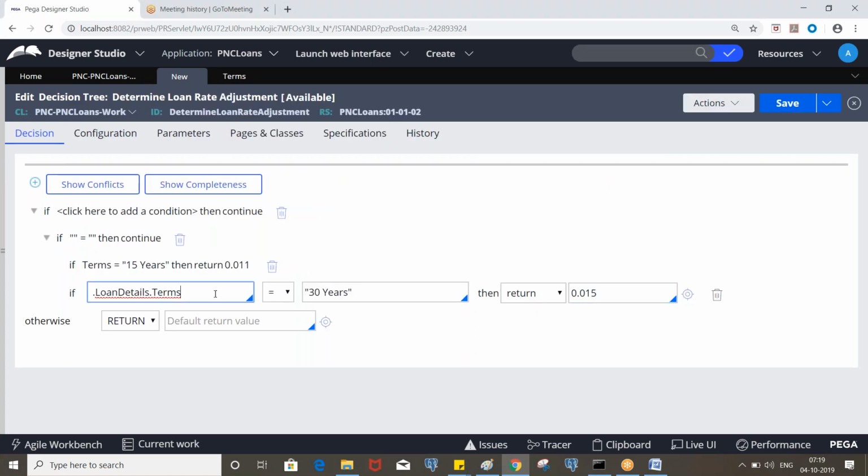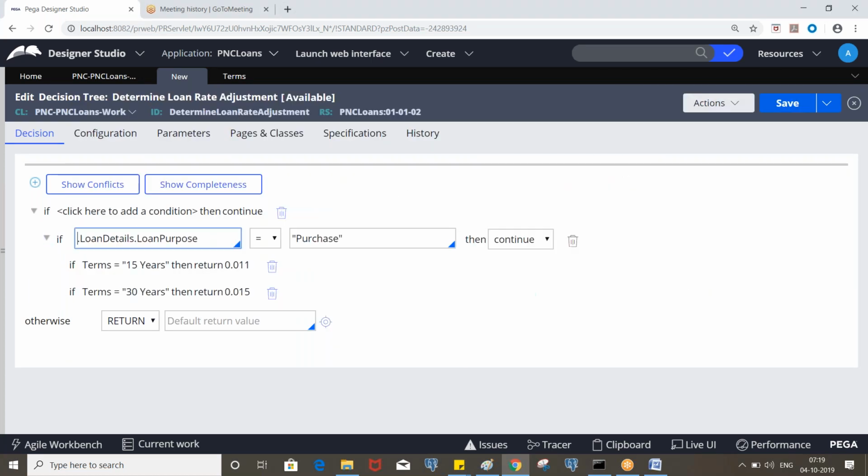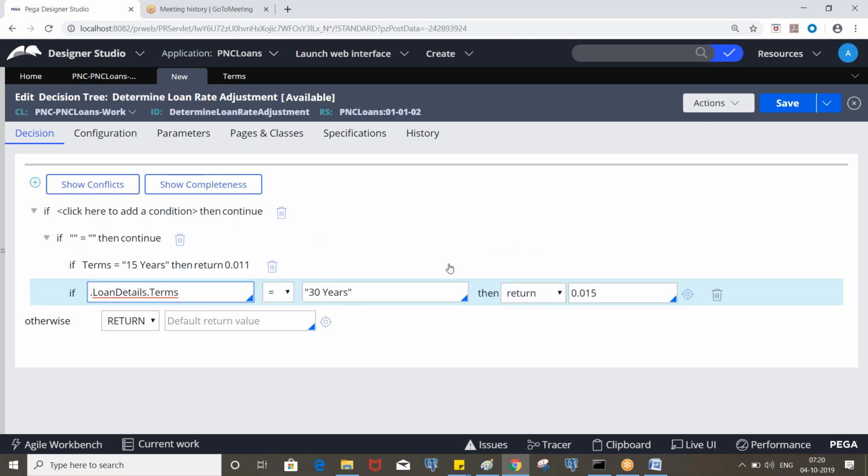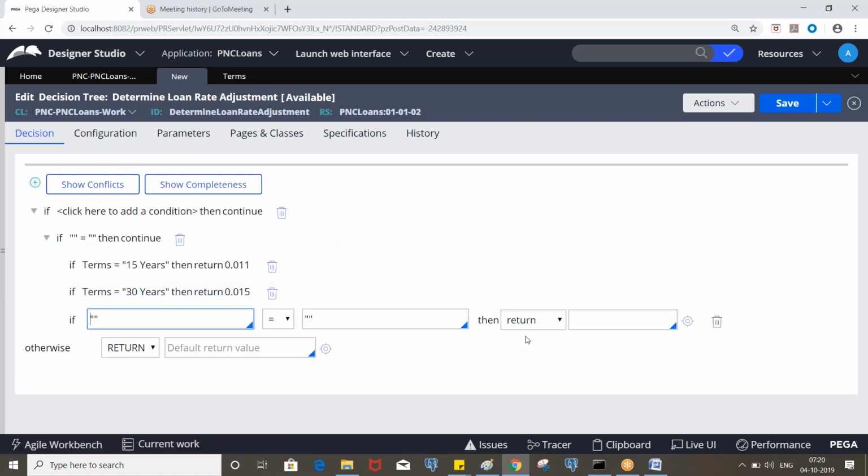So now in this loan purpose, if it is not 15 years and 30 years, let's say the user selected 25 years, in that case, what will it return? Yeah. So here add one more row. Otherwise, for all other terms in the purchase purpose, it will return this value. Clear? Let's say 0.025.